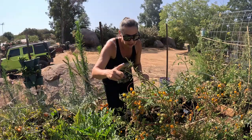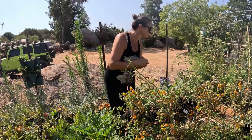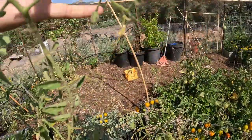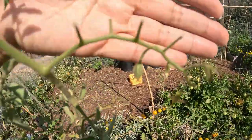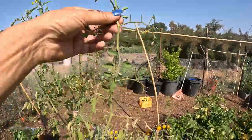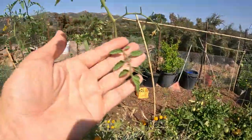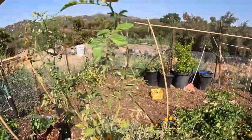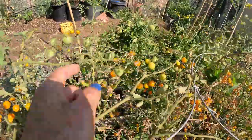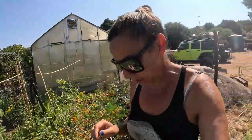Now this is not to be mistaken with something like, let's see, like this, because this actually is where I've harvested tomatoes from. As you can see, everything else, of course, not there, but everything else is still intact. So those are areas like this that I've harvested ripe tomatoes from. The second telltale sign